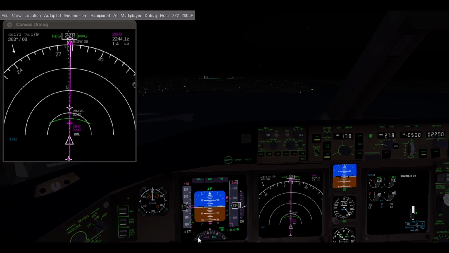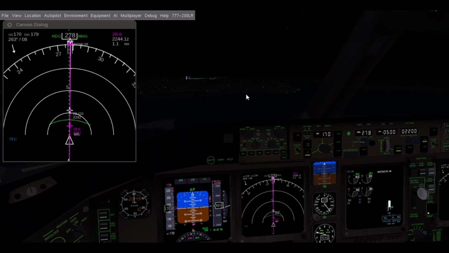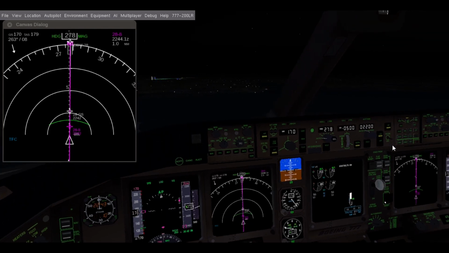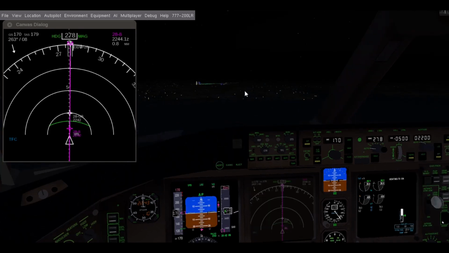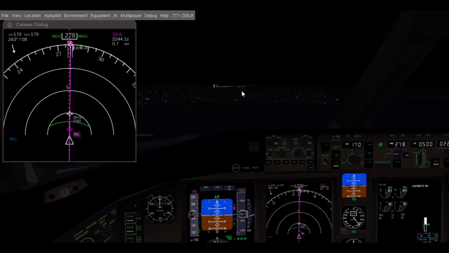Now that we have this diamond thing here on the center line, we can click on the approach button, and since we have the runway on visual,